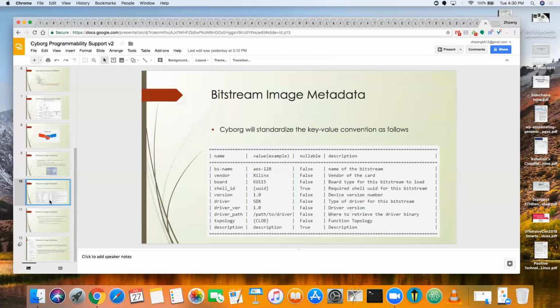Are you saying the cyborg would contain that mapping? The image is supposed to contain that. Whoever created the image has to say this is the function UID for which I built it. If you're uploading some image to cyborg, you would not know if it's IPsec or whatever it is. So whoever created the image has to say what it is. Yes, it takes two things. One is what the image does, which is the function UID, and the other is what the image is built against, which is a device type UID. It needs both in the image itself.